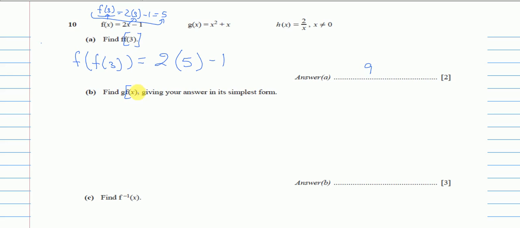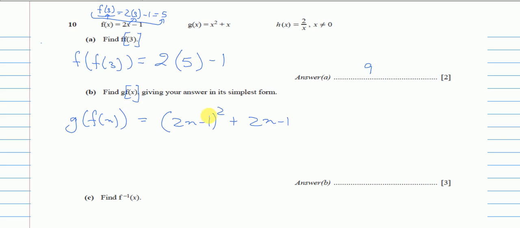So do we know f of x? Yes, we know. So let's do it. First of all, g of f of x: wherever we see x, we will replace it with f of x, which is 2x minus 1. So instead of x squared, we will say (2x minus 1) squared, because that's the f of x, plus x again, but we will replace the x with f of x, which is 2x minus 1. Now all I have to do is solve this, and it will be done.